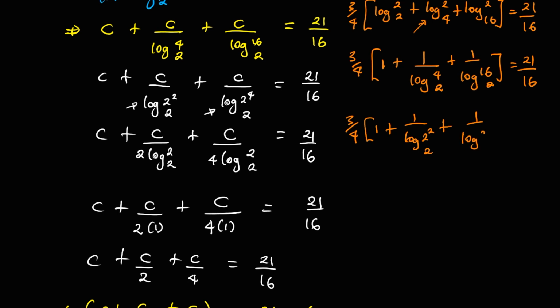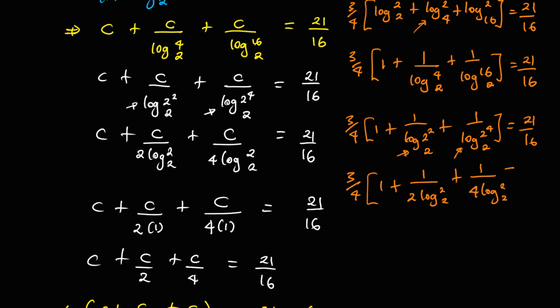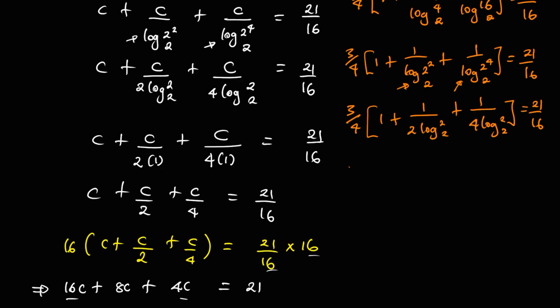So we have log of 2 to the power 4 to base 2, and this should be equal to 21 over 16, and we will have 3 over 4 into 1 plus 1 divided by, from the power rule, 2 will become a coefficient of this logarithm, 2 log of 2 base 2 plus 1 divided by, the same applies to this, from the power rule, 4 will become a coefficient of this logarithm, so we'll have 4 log of 2 base 2, and this should be equal to 21 over 16,